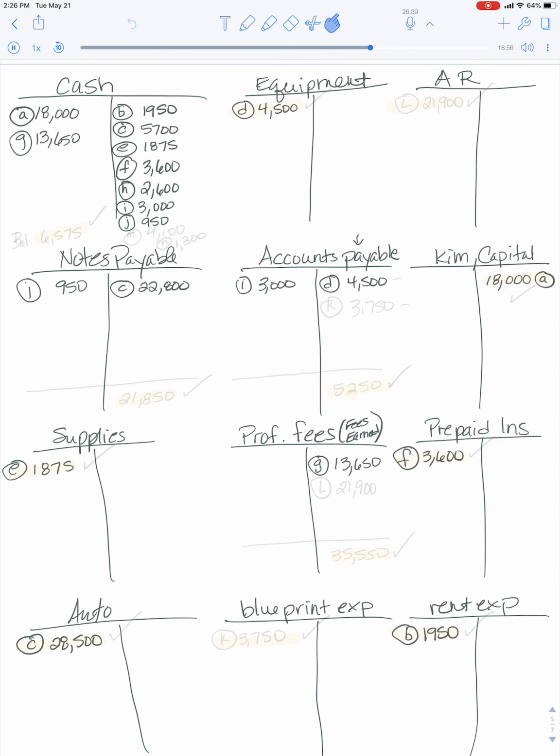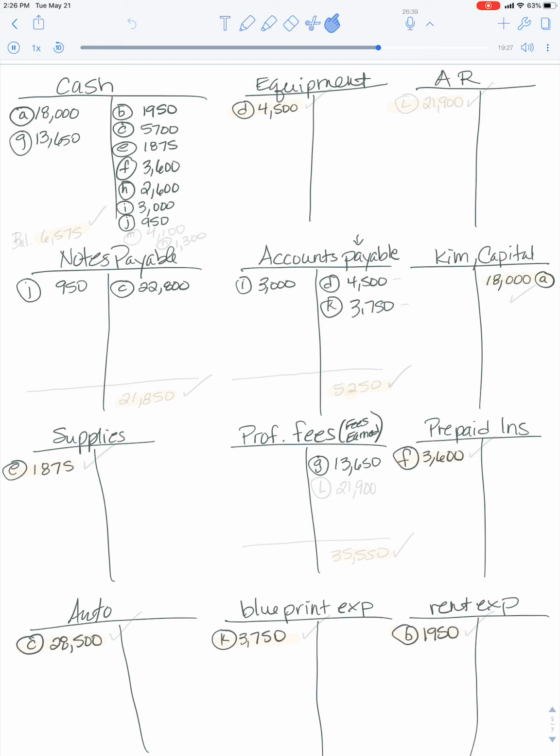K, we received an invoice for blueprint service. It's due in February. So we used some services, blueprints, but we didn't pay for it yet, so we owe it. So this is K, we're going to credit accounts payable for the amount we owe, $37.50, and we're going to call it blueprint expense,